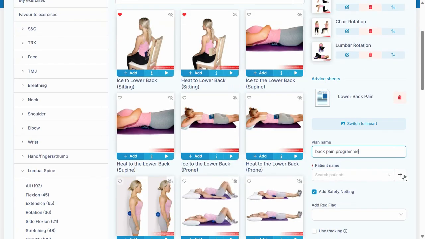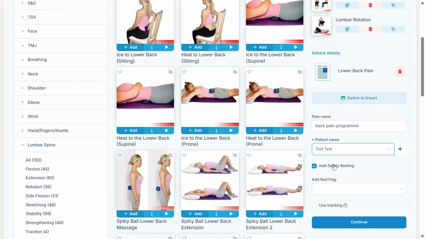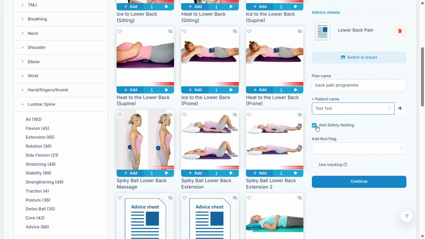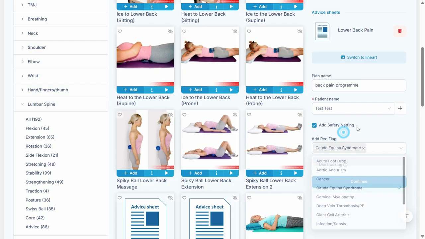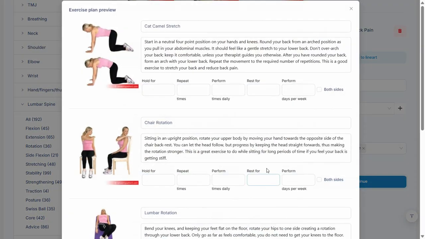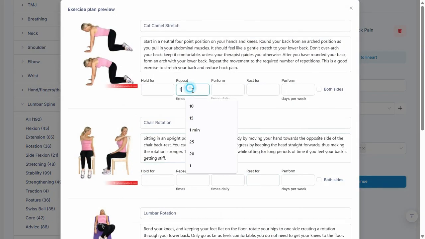Add your patient here. You can click this plus button to add a new patient, or select your existing patient. If you want to add safety netting or safety net warning, you can. If you're not bothered about that, you can switch that off. Now this can be turned off in the settings by default. In this case I'm actually a little worried, so I might just add a red flag. Press continue, put in your sets and reps,